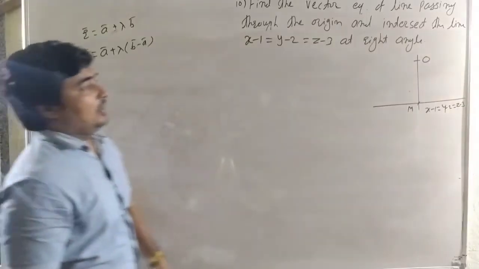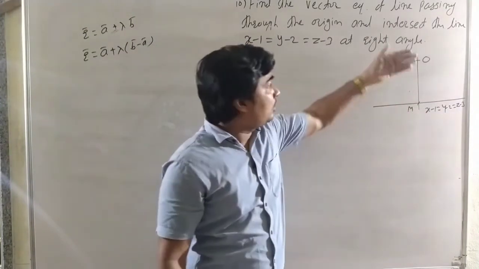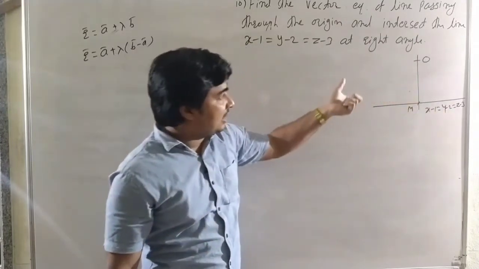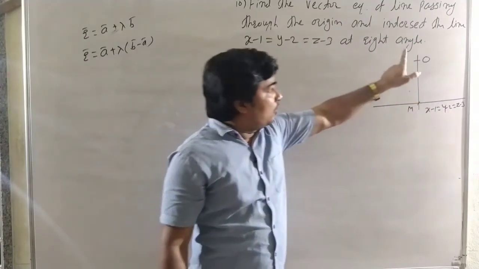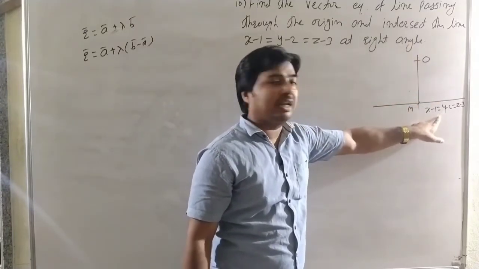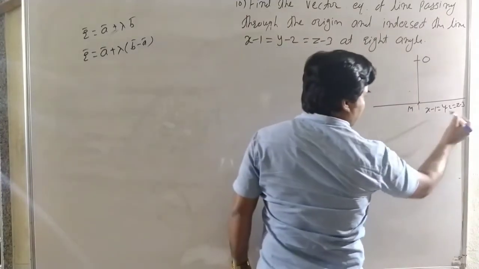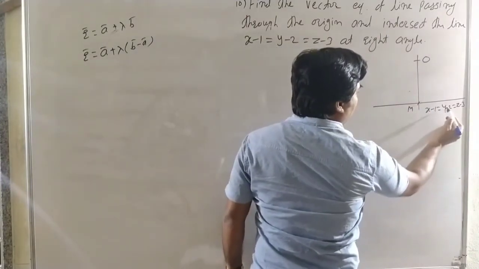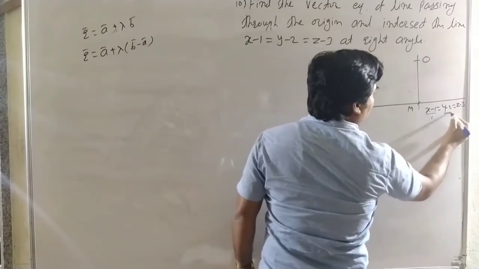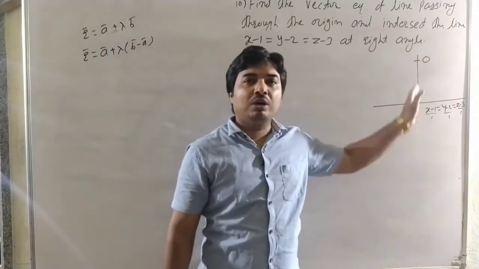Okay, now we know how to find the foot of perpendicular from a point to a given line. Here we want to find the foot of perpendicular from the origin to this line, that means this point. Therefore we know the direction ratios of this line: x minus x1, y minus y1 and z minus z1, each over 1. Direction ratios of this line are 1, 1 and 1.